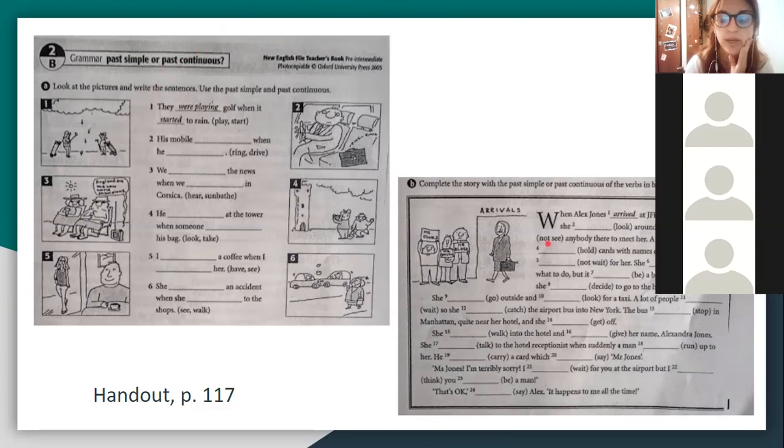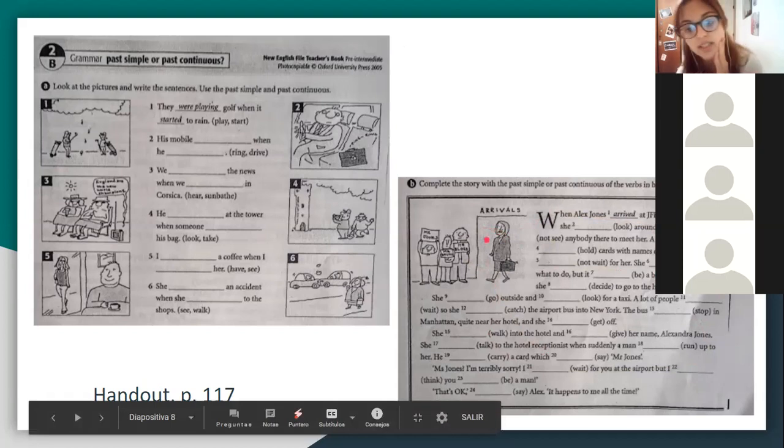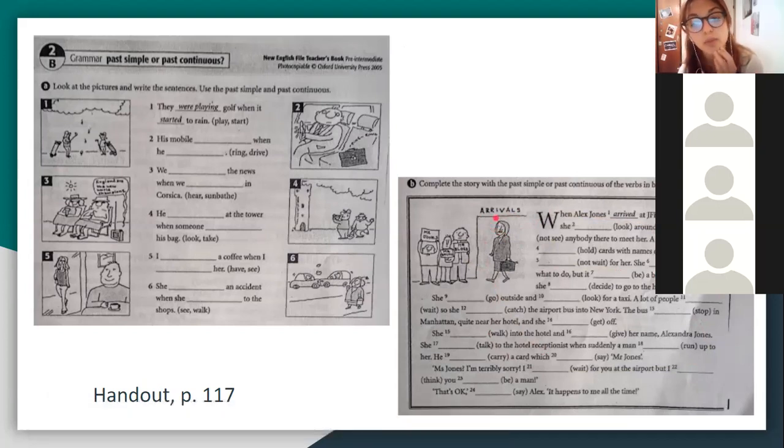All right, we have the second exercise. Here we have a text, and we see that it says arrivals. It looks like it is an airplane or something like that, an airport, sorry. And some people have, it says Mr. Jones, Mr. Smith, and Mr. Bloggs, and there's a lady walking in. So let's see, it starts saying, when Mr. Jones arrived at JFK International Airport,